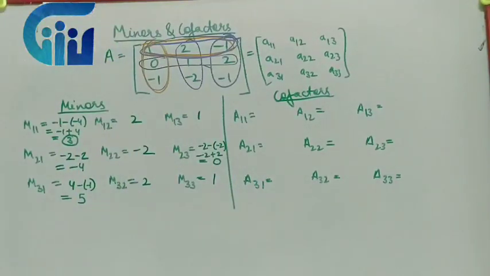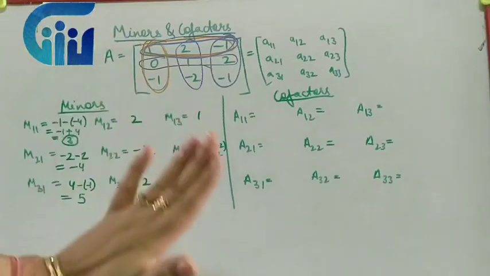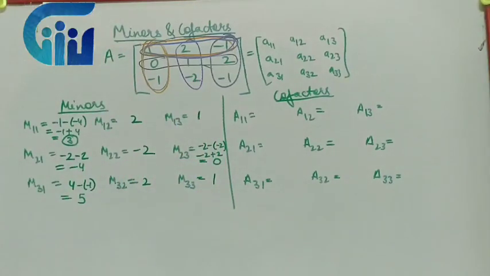What is minor? I am just covering that particular element along its row and column, and writing the determinant value of the left out elements. So that is the minor of an element of a square matrix. Clear? Now if I have to change it to a cofactor, what will I do? Cofactor means I have to take into consideration the signs. So we know the signs. The shortcut method for finding the cofactor is to quickly write the signs first of all, and if the sign is getting inverted, you can change it at that place.